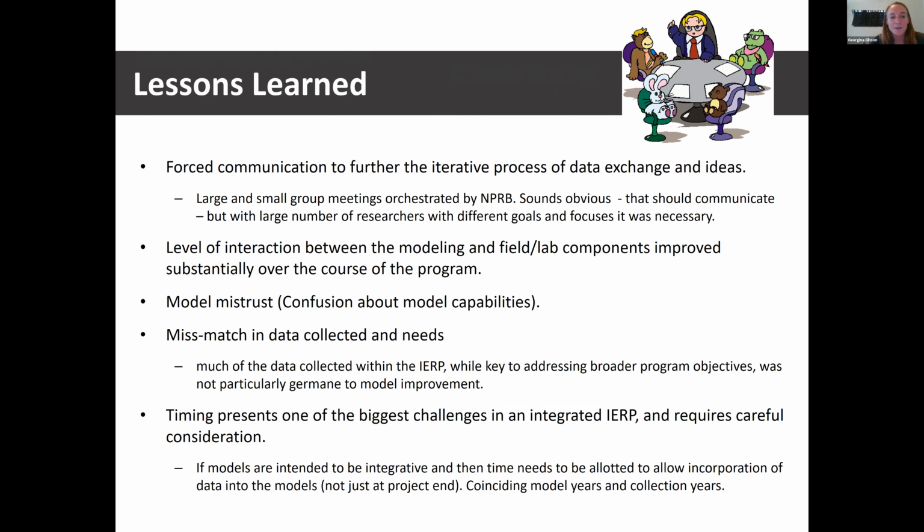I'd say the programs wouldn't have been successful without that. It seems silly, because we all know we should communicate and share our data in a timely fashion. But realistically, without that overarching structure of support, guidance, and logistics, I don't think it would have been nearly as successful.